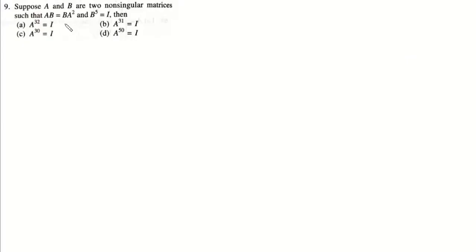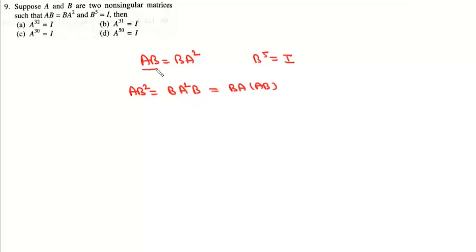Now the question is, if AB equals BA square and B to the power 5 equals I, then which of the following is correct? Now we have done a similar question, so what we'll do is we'll write AB square. Now AB square will be B A square B, which is BA into AB. Now we can write this AB as BA square, so it will be BA square. Again we can write this AB as BA square, so it will be B square A to the power 4. And the same way we can write